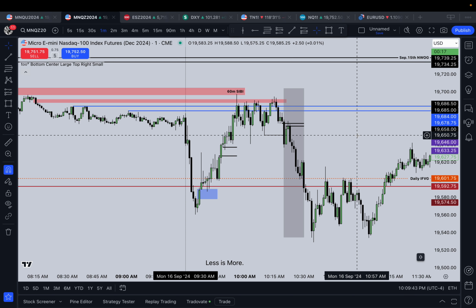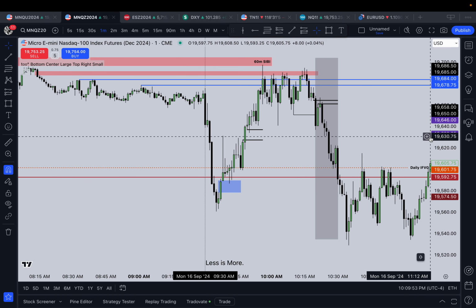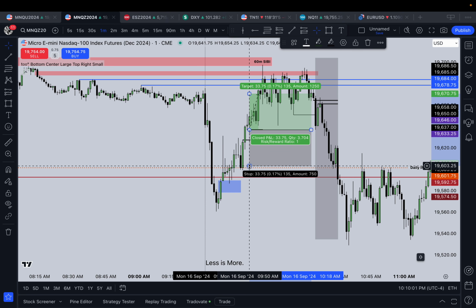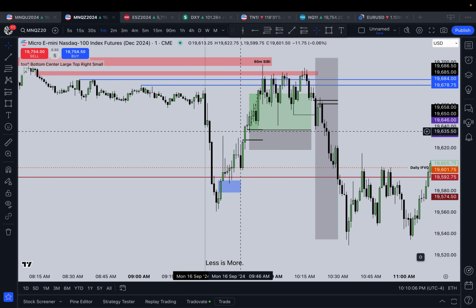If I have anything else to add, like what I forgot to say, then I'll just make a separate video. As far as some people may be wondering where do I put my stop loss, where do I put my TP? So when you're trading a fair value gap, let's say I enter on this one, you want to have your stop loss at the low of the second candle.